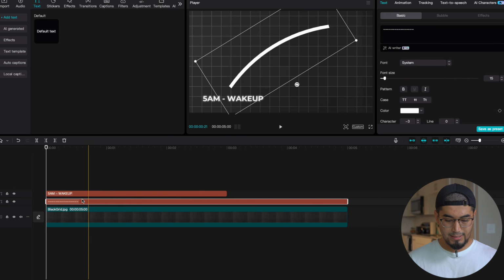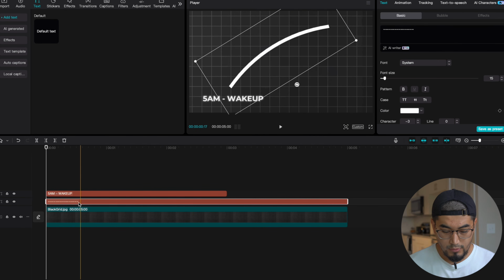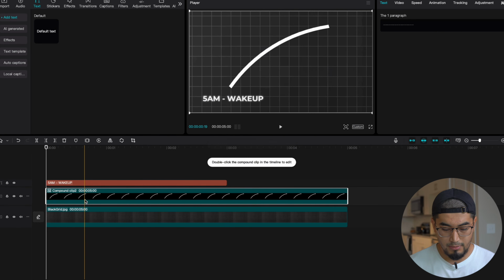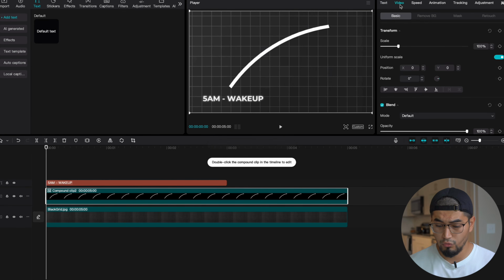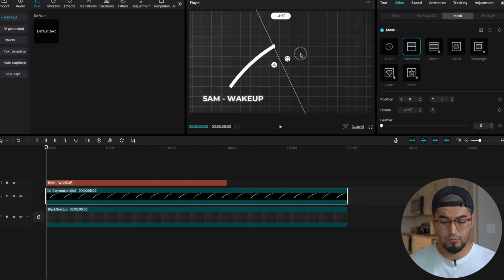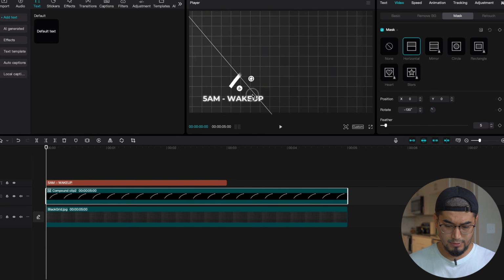Now what we need to do next is add an animation for this line right here. We're gonna go ahead and make this a compound clip by right clicking on this line and then creating a compound clip. Once you have a compound clip, you can go to video, and what this allows us to do is add a mask. So we can click on horizontal and rotate this just like so,